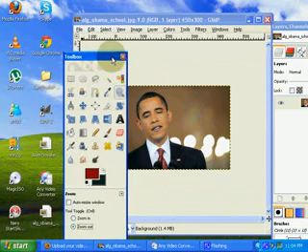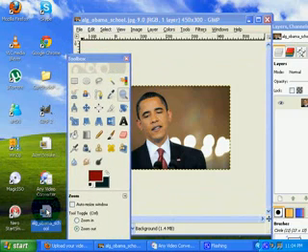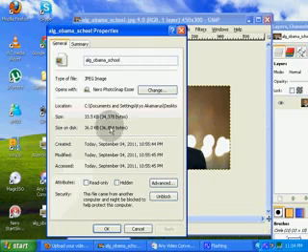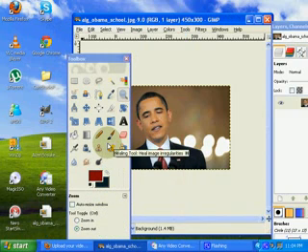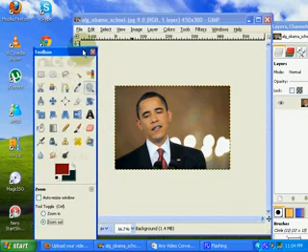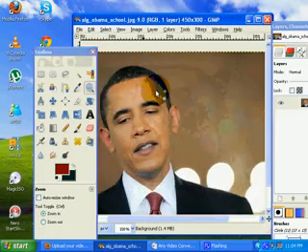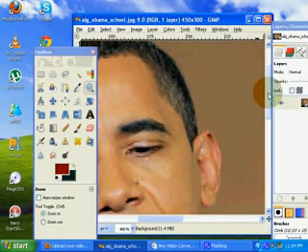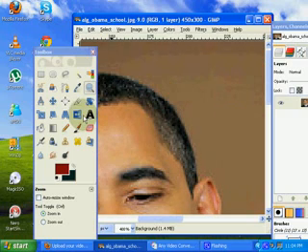If you go to properties, anything that is below 100 kilobytes will be considered low resolution. So anything above 100 will be considered good quality to work with. But since this is the only picture I can get a hold of, well, I have to use this. So you zoom in, you make sure you get a good part on it, you select your free select tool,